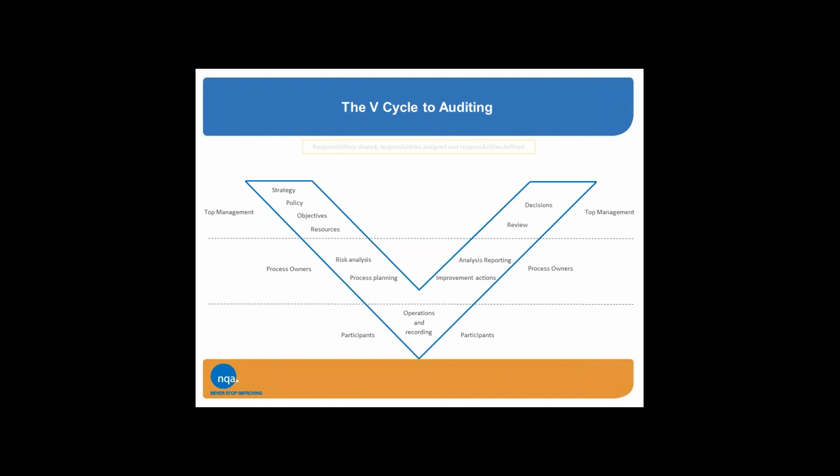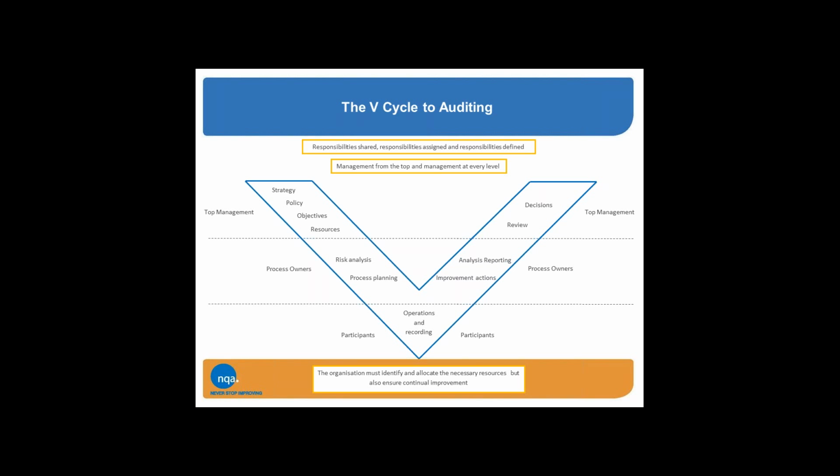So within this particular principle, you've got responsibilities shared, responsibilities assigned, and responsibilities defined. There's management from the top and management at every level. And the organisation must then identify and allocate the necessary resources, but also ensure continual improvement. These are just ad hoc headings that I've put into this, but you could include topics such as organisational context,